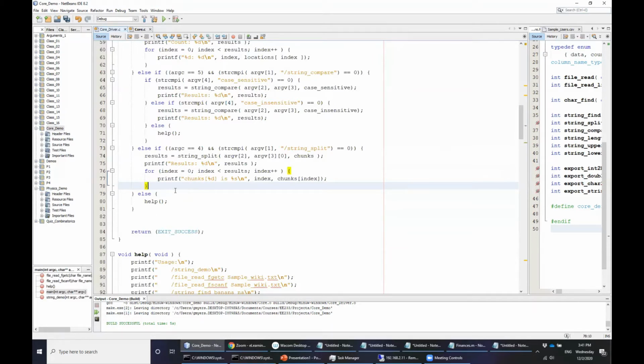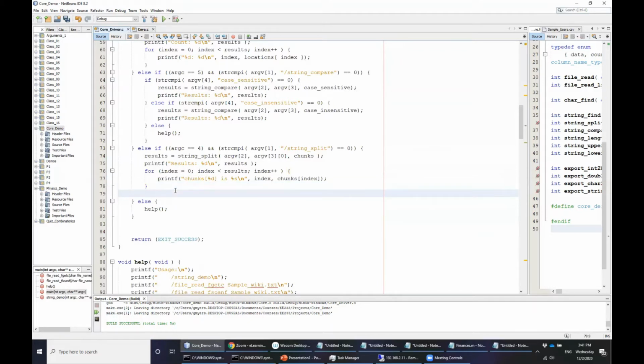So in this case, we will just simply have to pass the name of the executable, which is going to be our argv0, and argv1, which is going to be the switch or the functionality that we want to test. So we're going to keep this suite pretty straightforward. So we'll have an else if, and if our argc is equal to 2, and string compare I, argv square brackets 1. If that matches then the switch export int 2D array, we'll just do all the setup